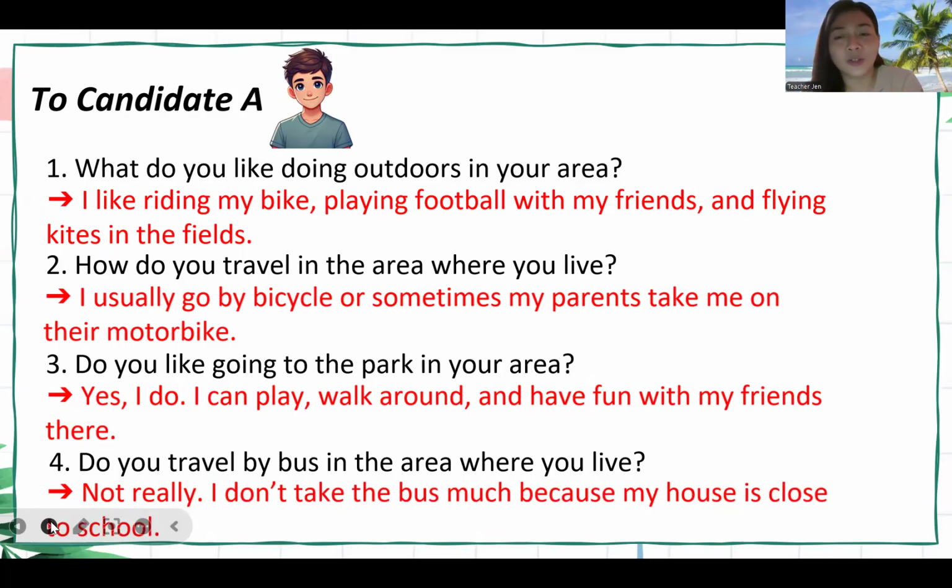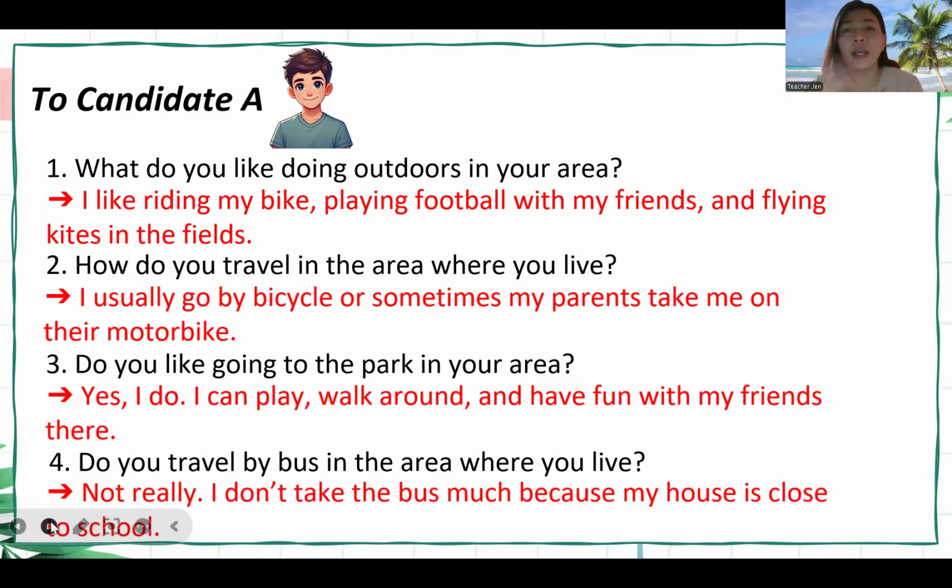Teacher, what do you like doing outdoors in your area? So you will also answer. And when you answer, you will show the student that you are not just reading the answer here. You can make your own idea, so that next time they will also understand that, I need to do this on my own. I need to think on my own, using my own ideas too, the same as what the teacher did.